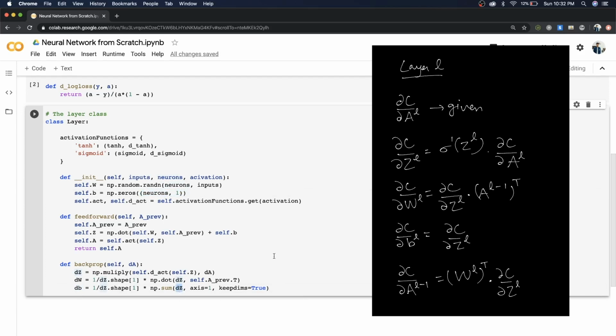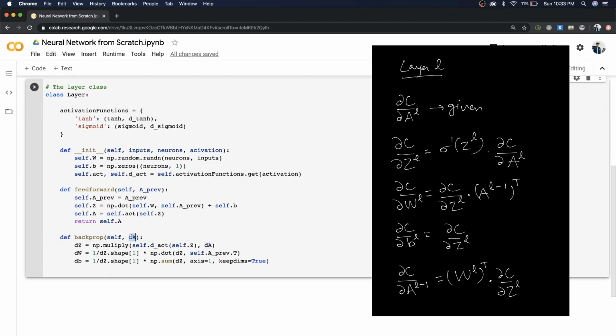Whereas for dZ, the number of rows is equal to my number of neurons and the number of columns is equal to my number of samples, okay? So what we are doing here is finding the sum of all these columns. This basically reduces dZ to a single column vector where each value is the sum across all the samples. So we divide it by the total number of samples so that we get the average value. This is done just to match shape.